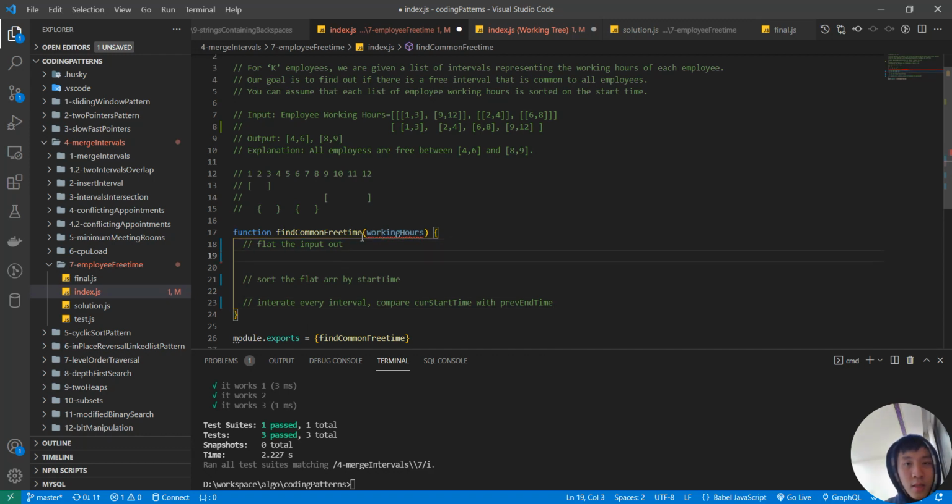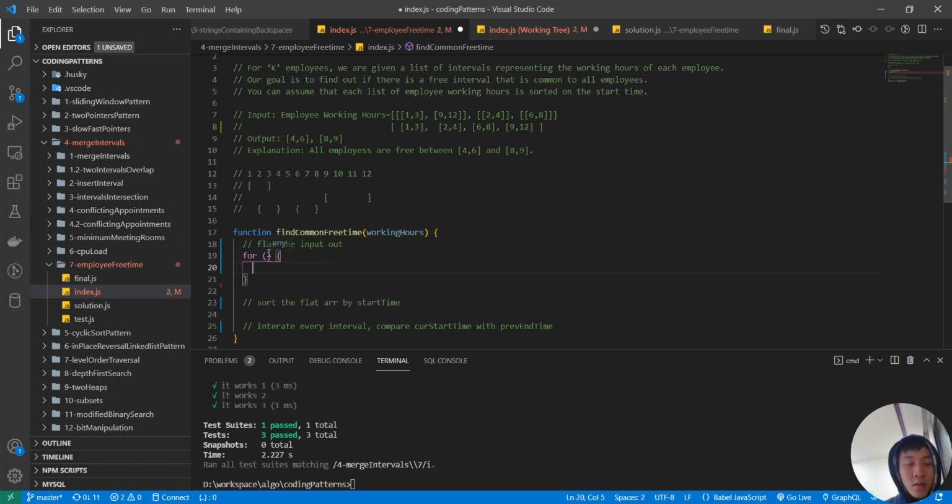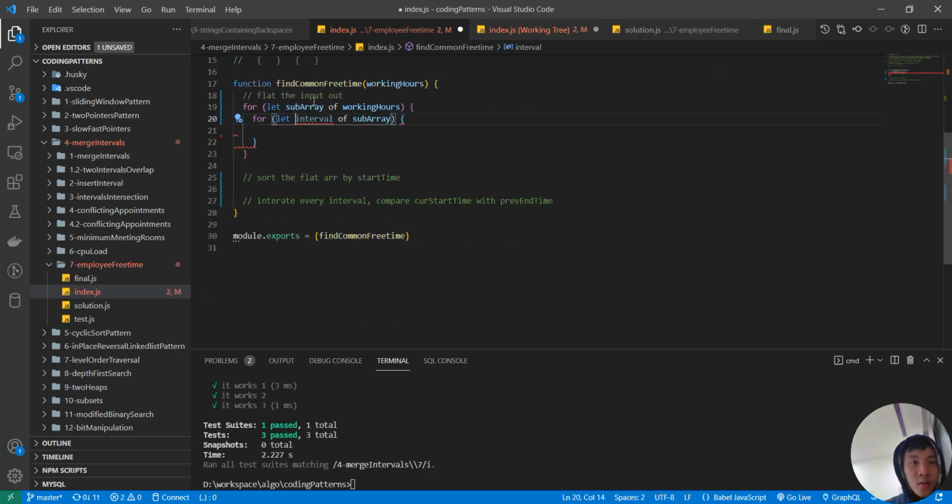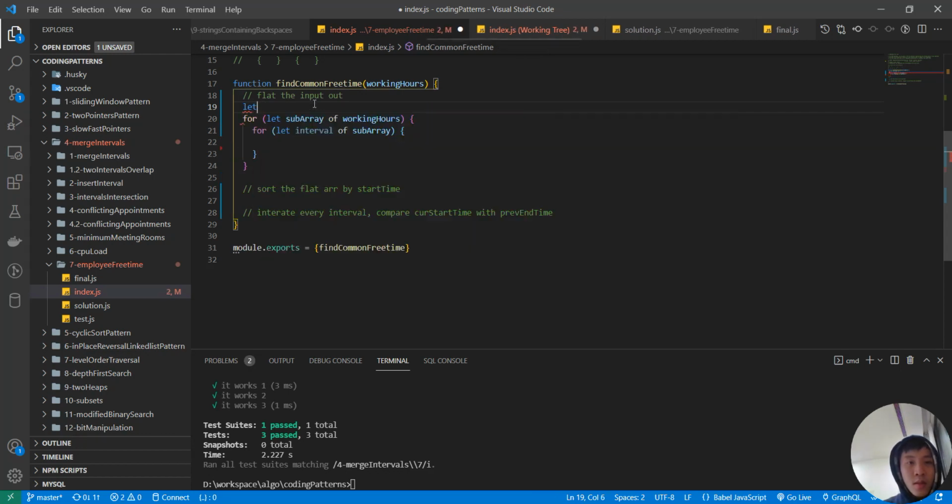Firstly, working hours contain sublists, contain subarrays. So I'm going to first accept each subarray of working hours. With each subarray, I'm going to use another loop to accept each interval, and the final flat version will be